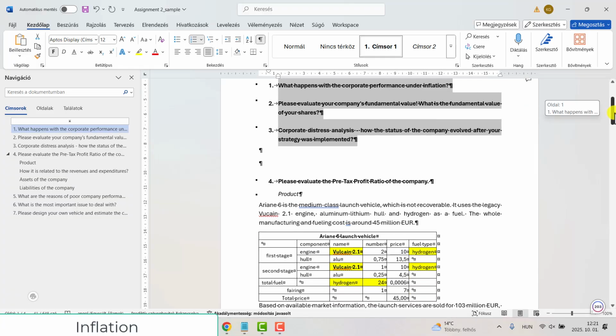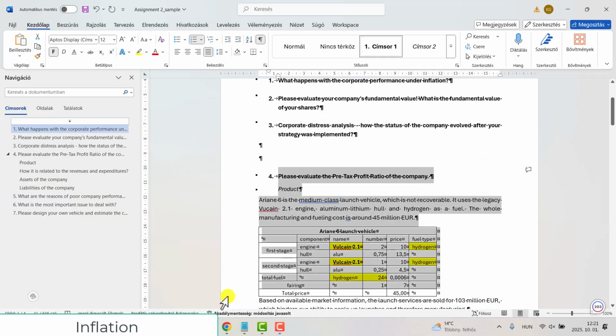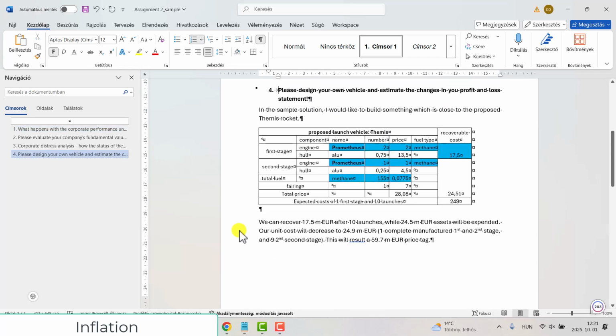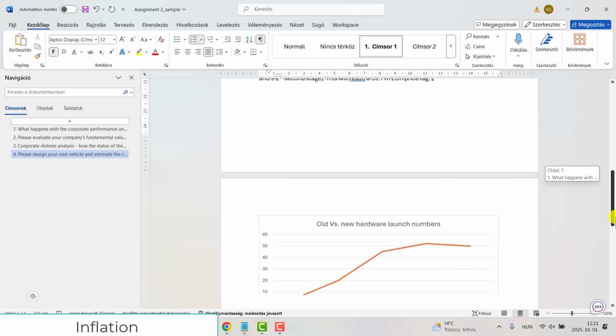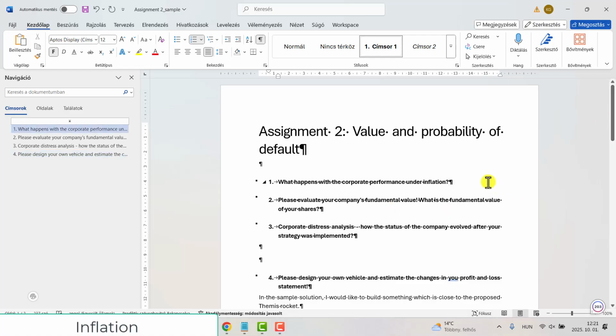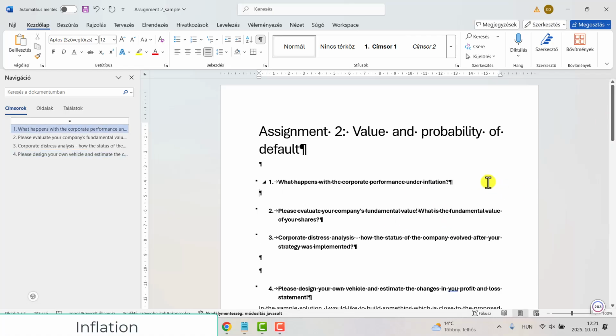And we don't need that one. Maybe we should keep the design, or maybe we will delete it later, but right now it can stay there. So, corporate performance under inflation. First of all, there are two kinds of inflations. So, we can assume